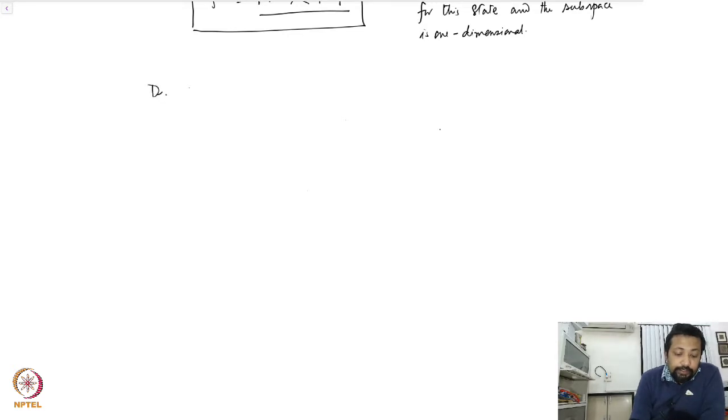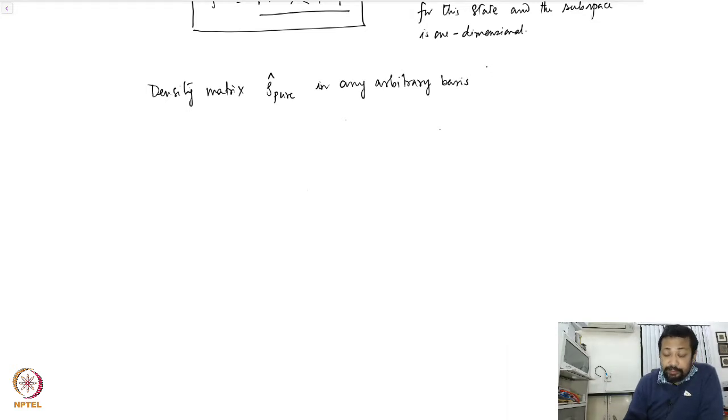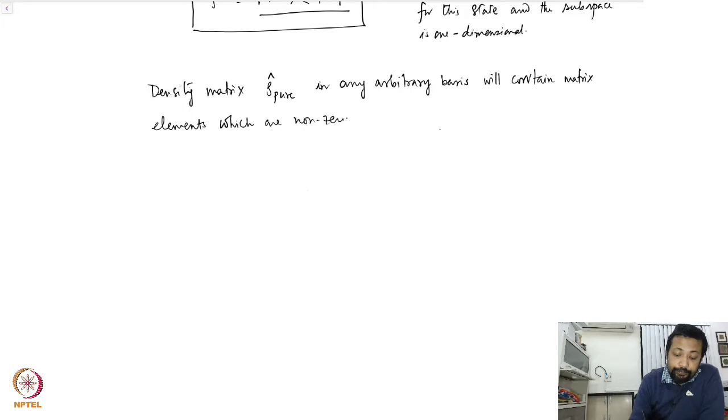Now the density matrix rho hat pure, for a pure state in any arbitrary basis, will contain matrix elements which are non-zero. So I can write down rho hat pure is equal to the sum over k, k prime of |phi k><phi k prime|,